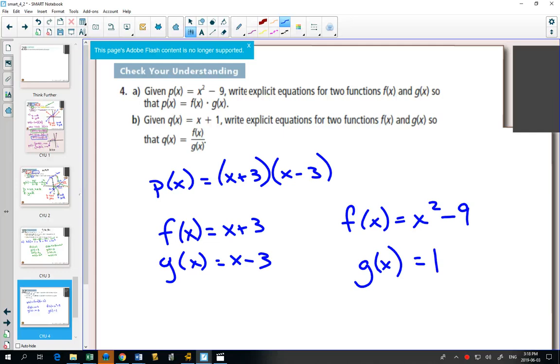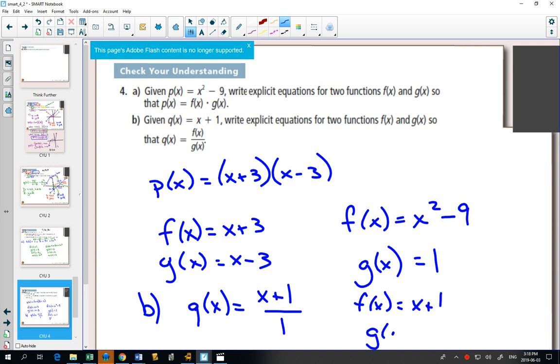Given q of x equals x plus 1. Do you agree that you could write this as x plus 1 over 1? And then f of x could be x plus 1, and g of x could be 1. It's kind of cheating as well. But we have to be a little bit careful,